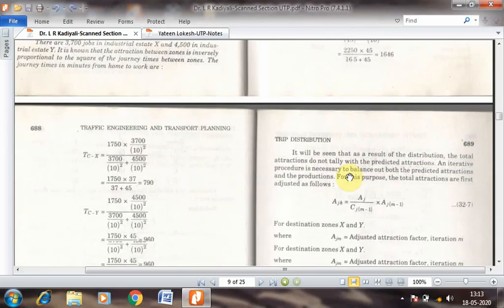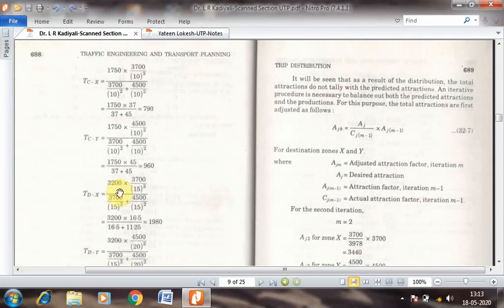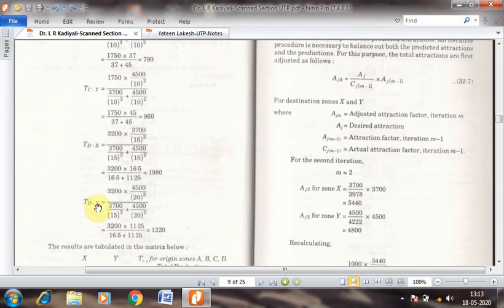Okay. Now again, if you calculate that, you will get 396. You need to check the calculations because there might be some printing errors or mistakes in the textbook. Calculate these things in detail by yourself and then check them. Now we have completed the capital T I J for A to X and then A to Y. Now similarly you will have to do it for B to X and B to Y, and then C to X and C to Y, then D to X and D to Y.